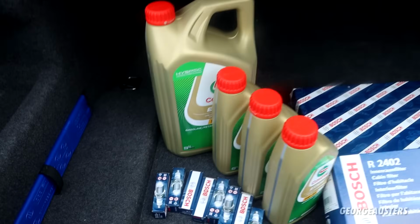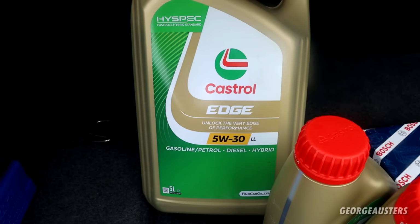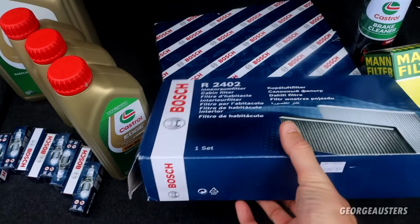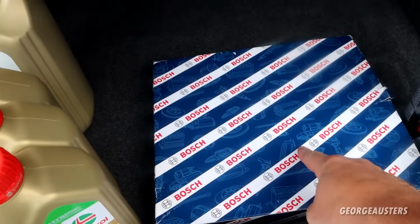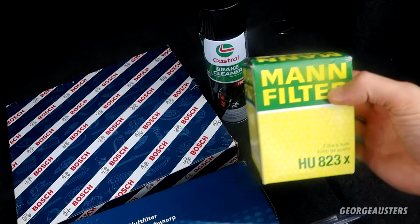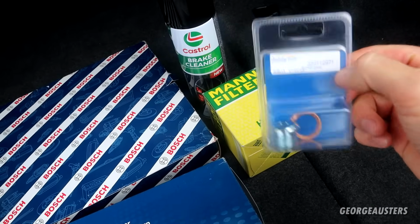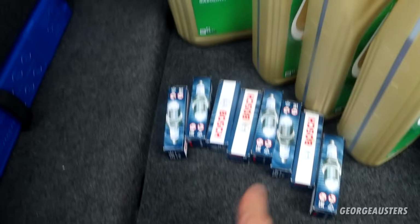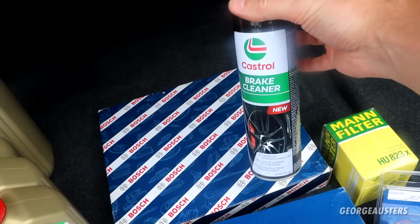So then what do we have here? We have 8 litres of this Castrol 5W30 oil. We have the 2 cabin air filters. These are the Bosch charcoal filters. We have a Bosch engine air filter. We have a MAN engine oil filter. We also have a new drain plug and washer as well, which is nice. We have 8 Bosch spark plugs and then some Castrol brake cleaner as well, just to give things a good